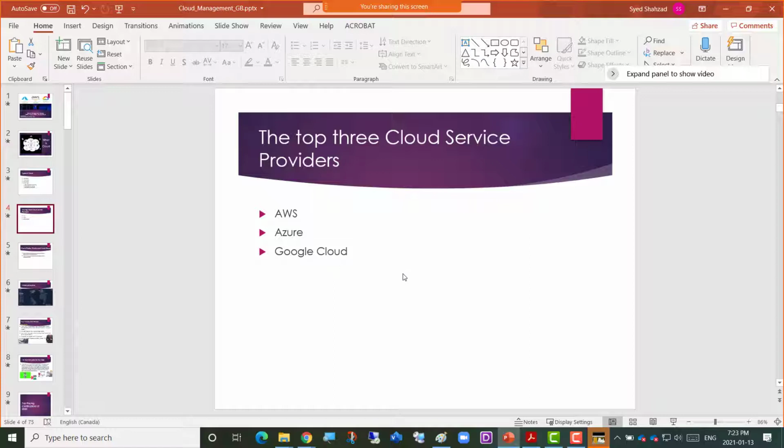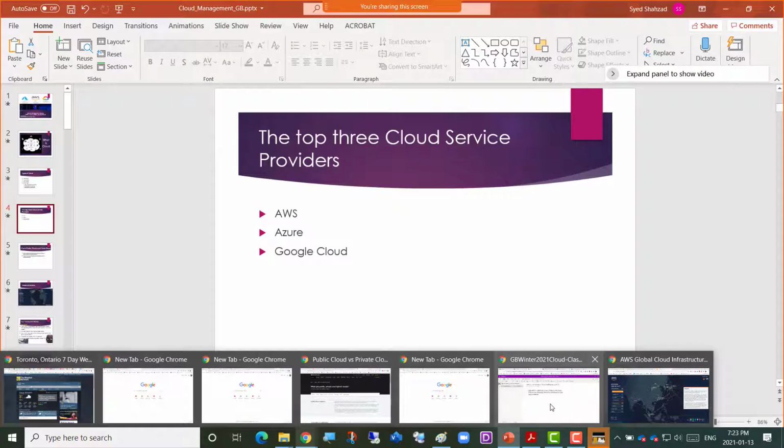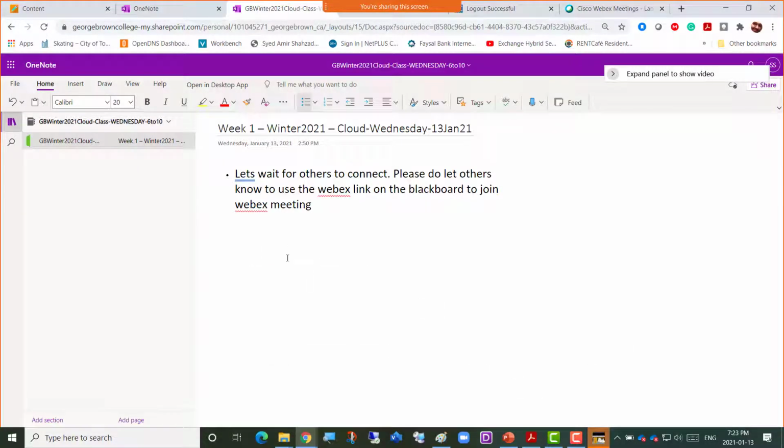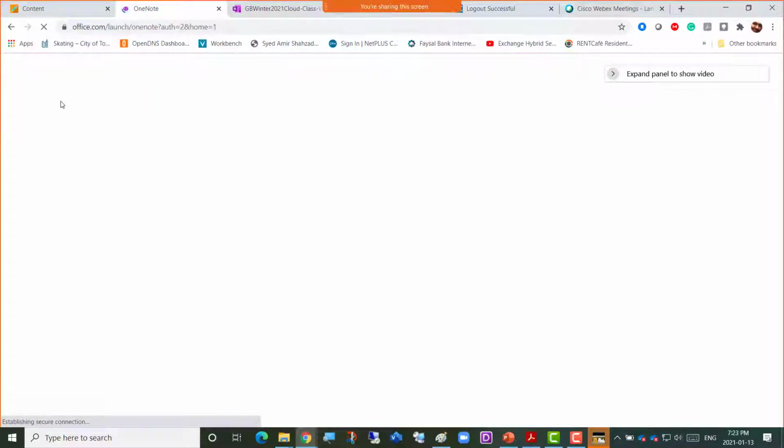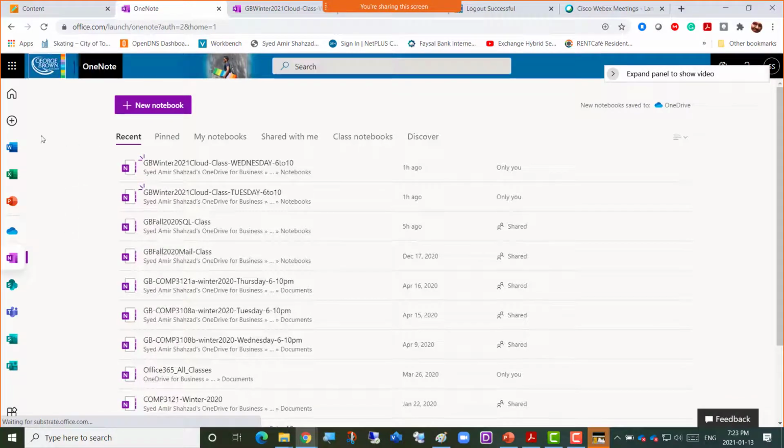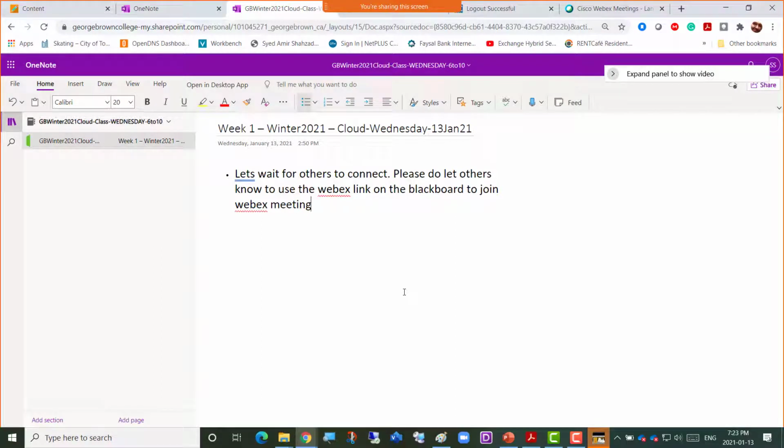before that, how we're going to share data, and where do I put all the data as well. I normally have a OneNote, which is George Brown OneNote. If you log into George Brown services for Office 365, there is Word, Excel, PowerPoint, right? And Teams there as well. And there's also OneNote here. So normally whenever I create diagrams, I put them on OneNote here.